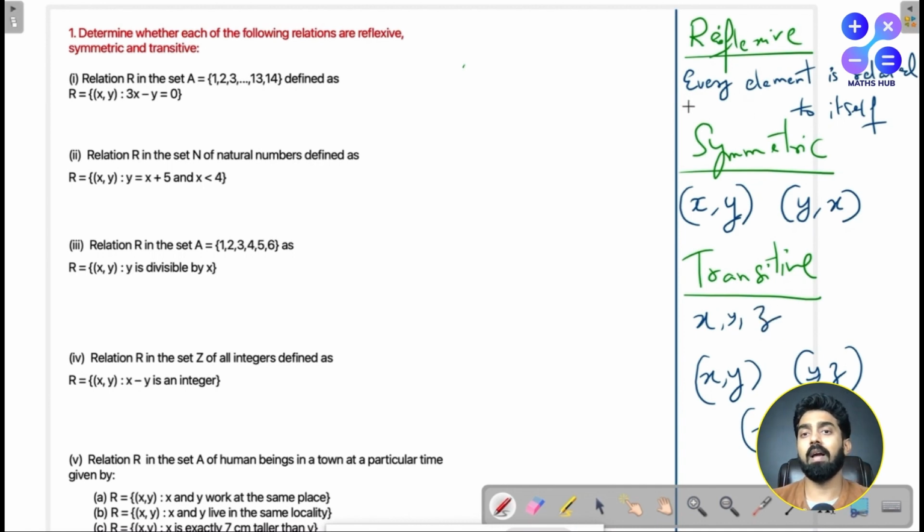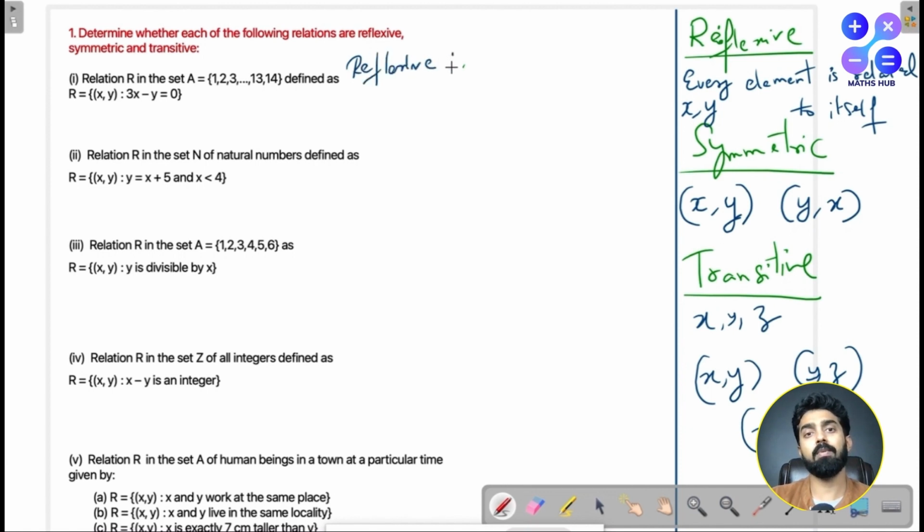So in this case, if you have two numbers in the set, x and y, you should be able to replace y with x and still get the same answer. So for example, in this case, you have a set 1, 2, 3 all the way up to 13 and 14, and R is defined as a relation in the set A such that R is x comma y such that 3x minus y is 0. So if it has to be reflexive,